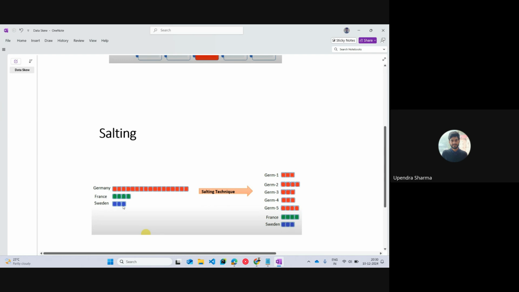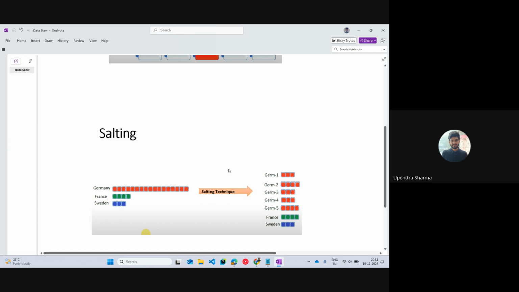Let's say I were to filter out consumers who bought a certain product from each country. Now it will scan through each country for that particular consumer who bought that particular product, right? It would be easy for Sweden. The data is less, the partition size is less. So it will just scan all the consumers and find that this consumer bought this particular product. For France, it will be comparatively easier. For Germany, it will take much more time, because it will have to scan this whole partition, which is way greater in size, and then it will be able to give us the result.